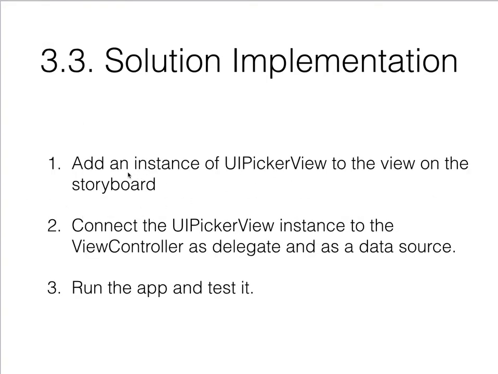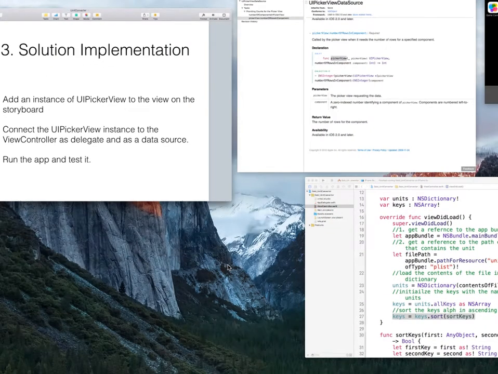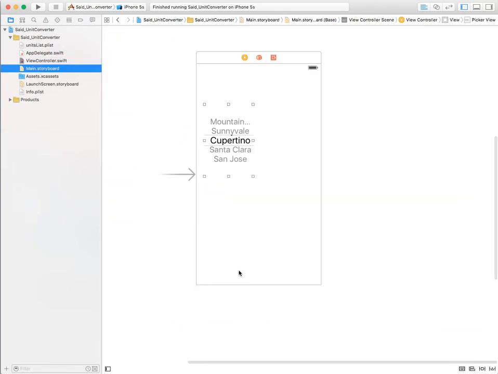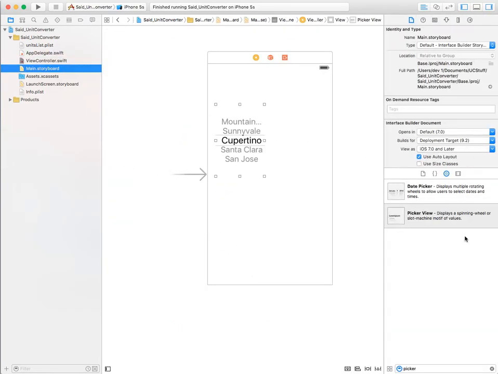So this is a very simple implementation indeed. We just add an instance of the picker view to the view on the storyboard, connected to the controller as a delegate and data source, and the controller already knows what to do when it serves a picker view as a delegate and a data source, so nothing more is needed. So let's go ahead and implement that. If we go to the storyboard, and I'll bring my utility area here, it's still filtered for picker view, so I'll bring another picker view,